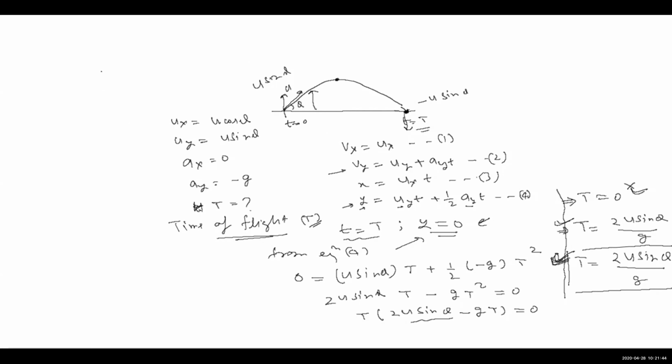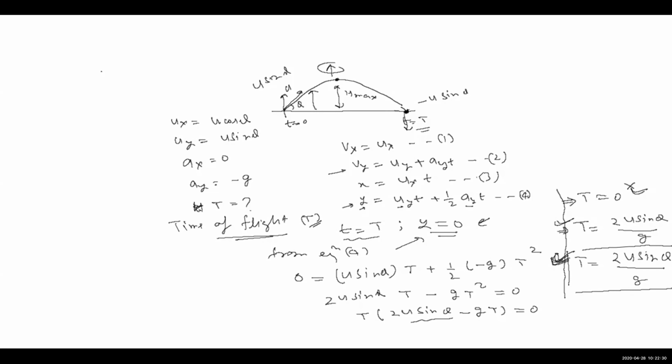Sir, can you explain the condition once more for when the particle reaches the maximum height? Yes. When the particle reaches the maximum height, its velocity component along the y-axis becomes 0. Why? Because if it is non-zero, can we say it is the maximum height? If it is non-zero, it has some velocity component in the upward direction, so it will go further up. If the particle is still moving further, can we say this is the maximum height? At maximum height, it should not move further. So it will not move further up if it does not have any velocity component in the upward direction.